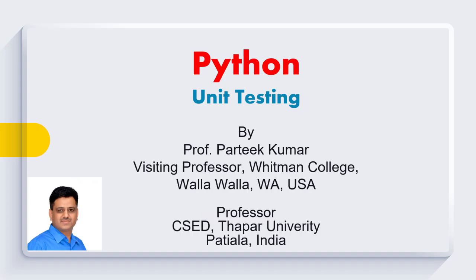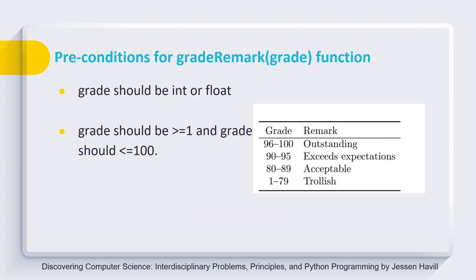Hello friends, myself Pratik. In the previous session I gave you an assignment to build unit test cases for the grade remark function, where we have two preconditions: grade should be int or float, and grade should be greater than or equal to 1 and less than or equal to 100. And we have to build unit test cases for this function if all of these preconditions are enforced by assert